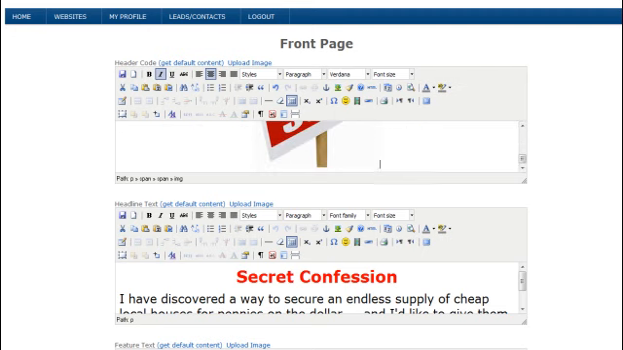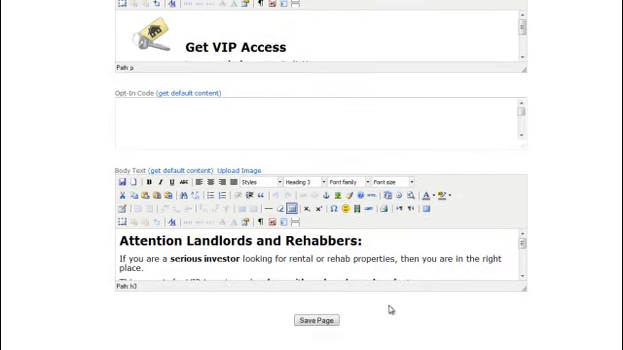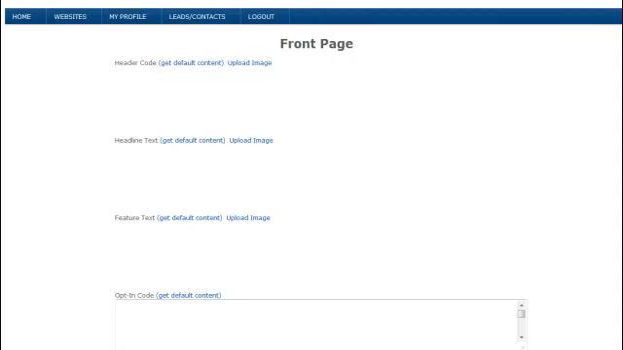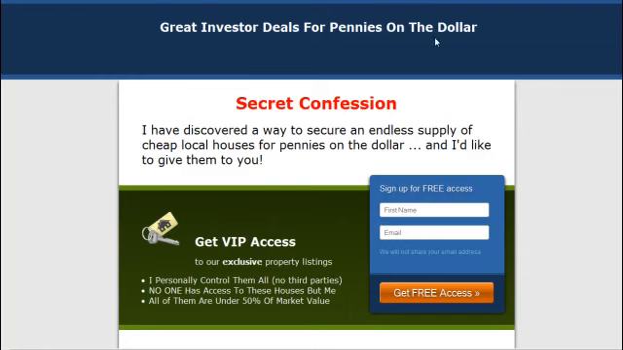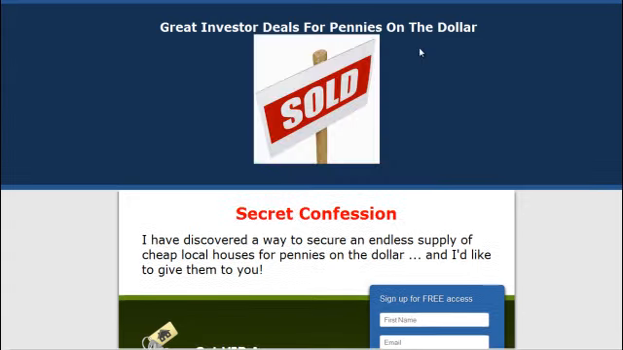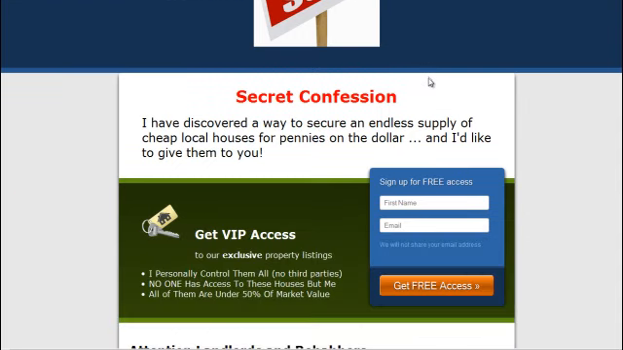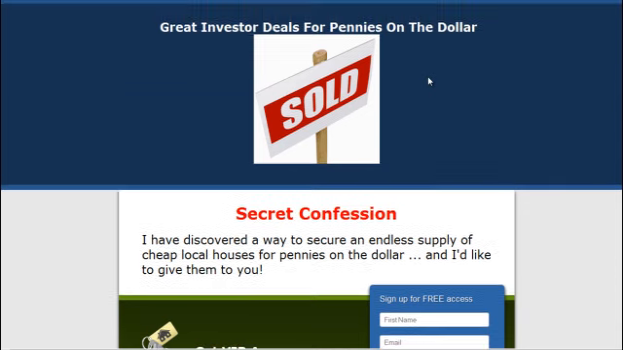So now if we go down here and we click save page, we can go back over to the website, we can refresh it, and now we can see that we've got that image in there. Now, of course, that's probably not an image that you would want to put in there, but it still doesn't look bad. So what I want to do now is I want to show you how to edit